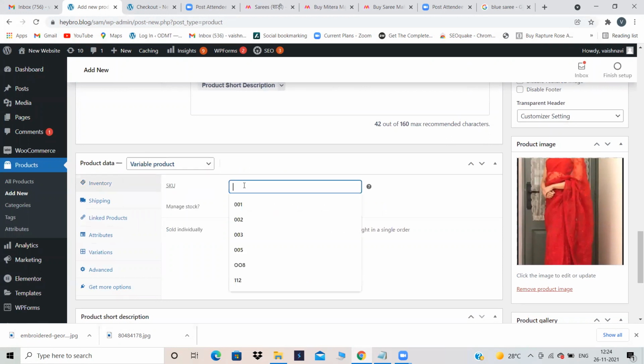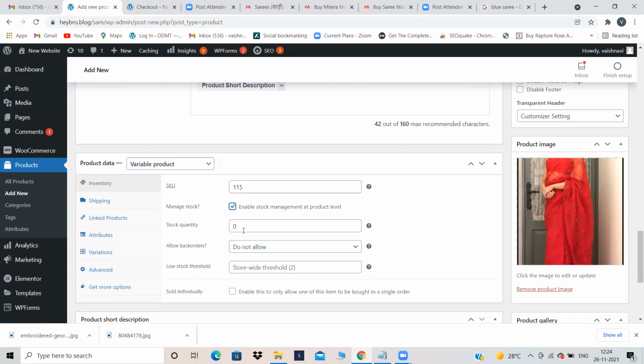Variable. Click something over here, 1, 2, 5. And manage stock. How much you want to manage, you can give it over here. And don't click on sold individually.